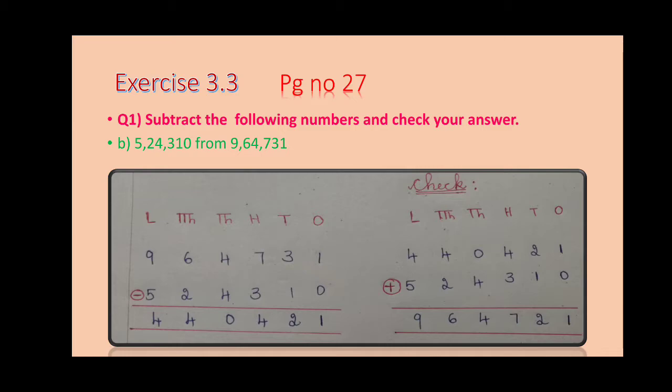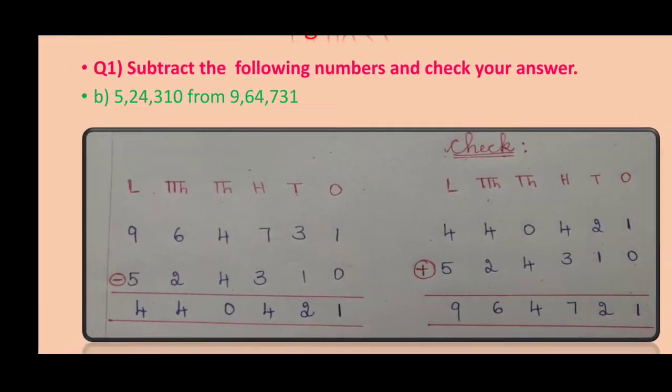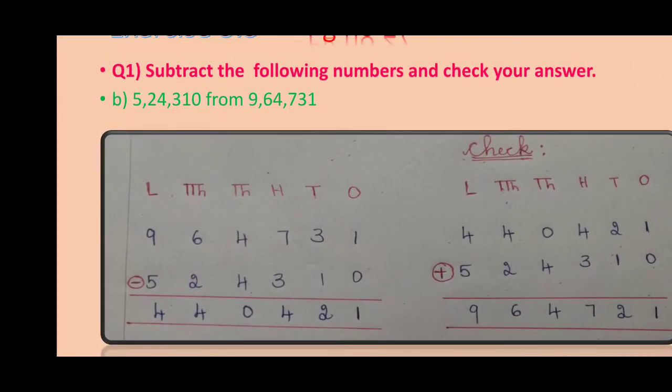I have written the place values above the numbers. You see in the classwork, you have to write the questions how I have done. In the same way you have to do the question and then copy the bit number B and then give finger space and then start writing the place values first. Place values with half finger space, if you write, then you can arrange the given numbers in the columns, children. Now 9,64,731 is your minuend and 5,24,310 is your subtrahend.